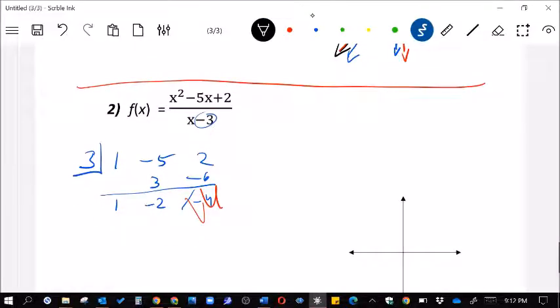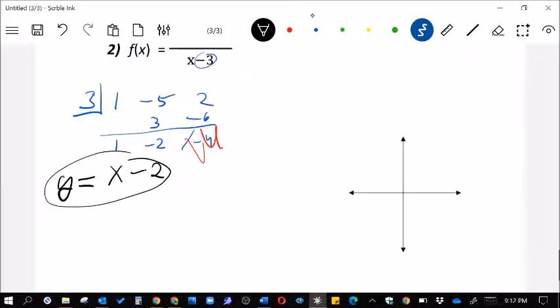So now I have this, because it was a 2 degree, this becomes a 1 degree, 1x to the first power minus 2. And of course, it's y equals that. So that is going to be our asymptote here. Yeah, the approximation of where that would be. And now this one, well, there could be very different ways it could be. It could be like the other one was like this, but I believe this one is actually going where, let's see. Oh, we also have to account for the fact that x cannot be equal to 3. So the vertical asymptote,